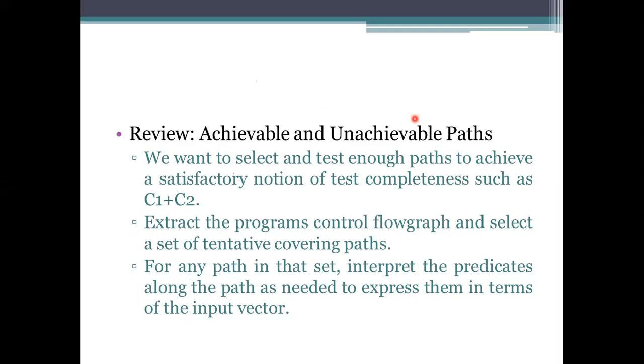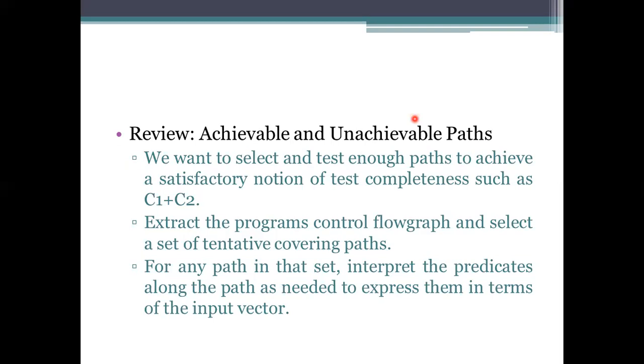The first one is the review. Review means plot all these, as I said in the previous session, plot all the graphs on paper and try to take enough paths. Enough paths means just take the decision, that is a table, the path table representation. In that, the decision is covered at least once, meaning yes has been covered once, sorry, no has been covered once, that's all. No need to execute multiple times.